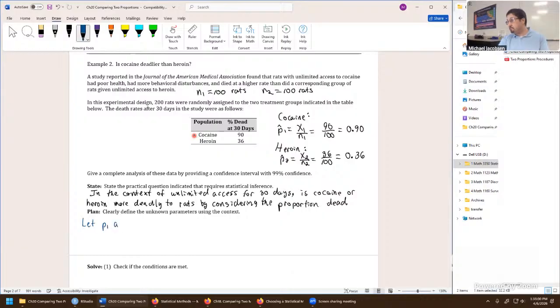Let P1 and P2 denote the proportion, not of the 200 rats in the experiment or the 100 per each one of the groups, but we want to think of all lab rats being subjected to the same exact experimental condition. So we'll say it this way: proportion of all rats that will die